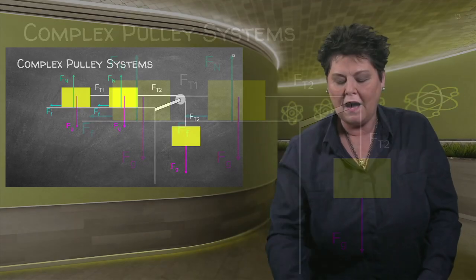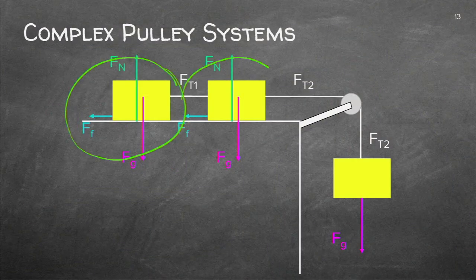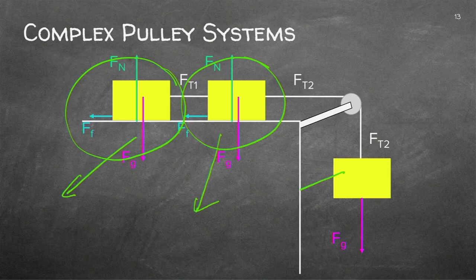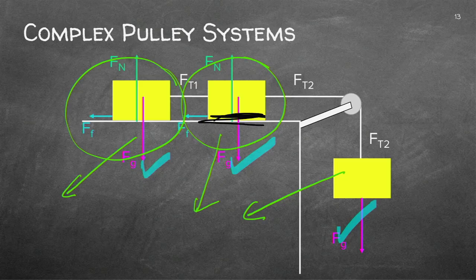Let's have a look. I've got another complex system. Can you see I've got two masses now on a table? You actually take that one and that one, and you take them apart. What do I know? I always have the gravity. If this is lying on a surface, then you'll also have the normal force. This is hanging free, so there is no normal force. And then, as I said, draw the T1, the tensions, and you'll know exactly what's happening.